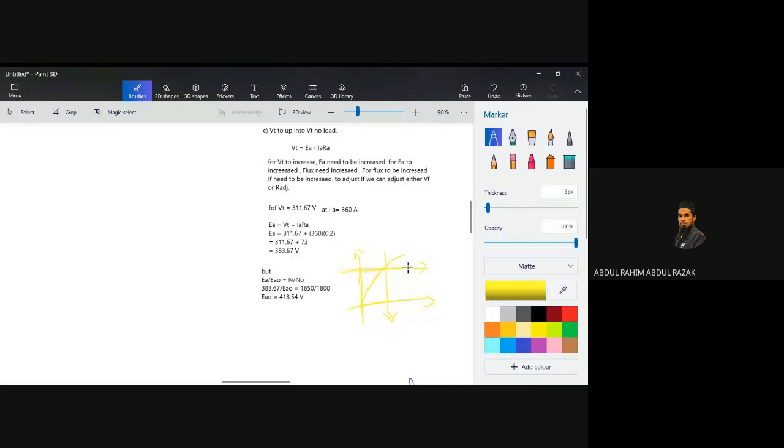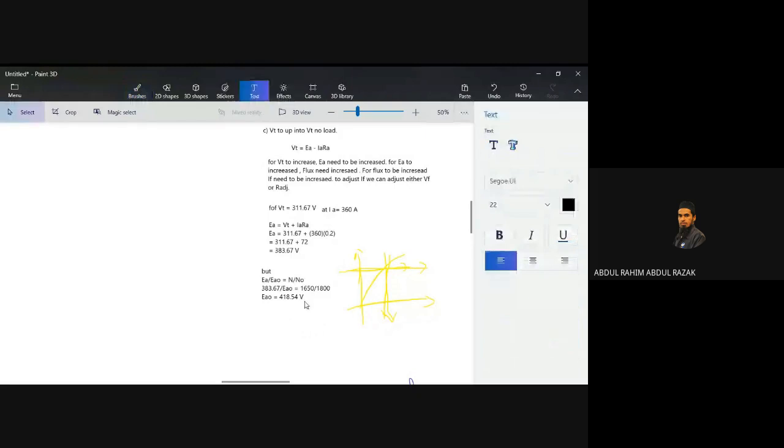So you can see here from the curve, your IF is equal to, with this